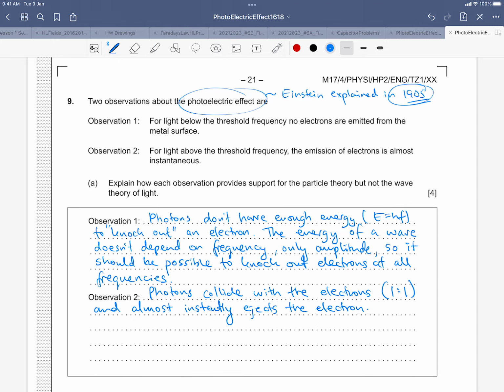Okay. Maybe we should write a photon collides with an electron and almost instantly ejects the electron. A wave could take longer time